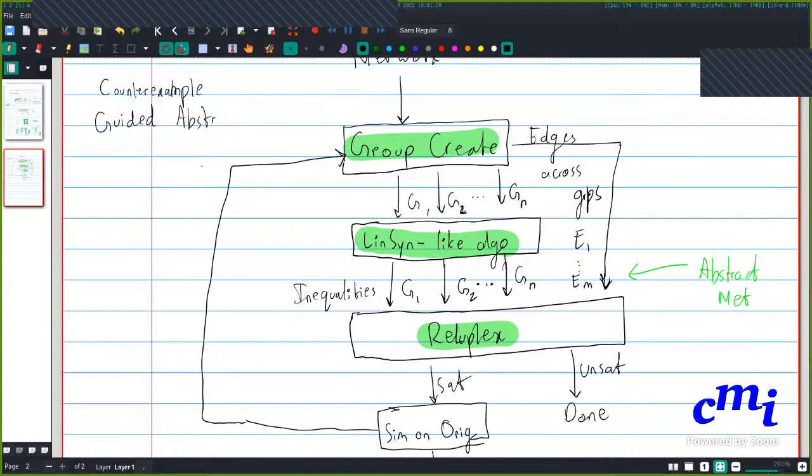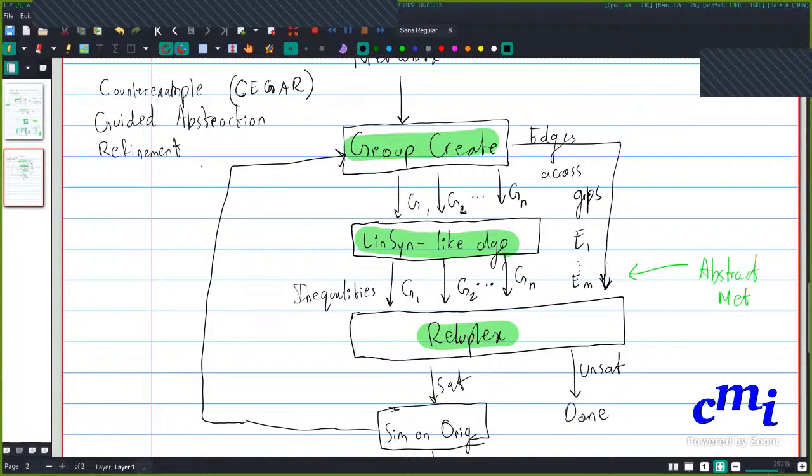It can say not verified, but that may not mean the original network is in violation of that property. Then you will have to refine it. And hopefully you can use that counterexample to guide which part of the network that you abstracted to refine, and how much, and so on and so forth. And this is what is called a CEGAR loop.